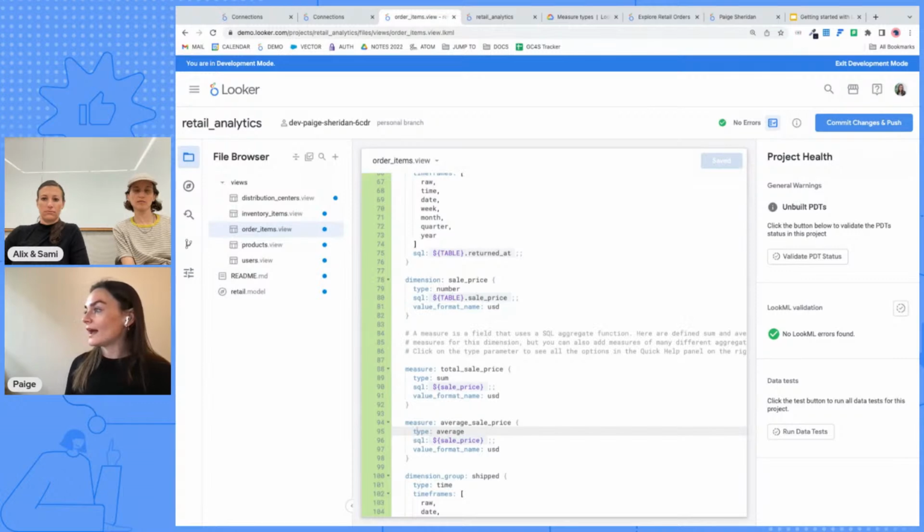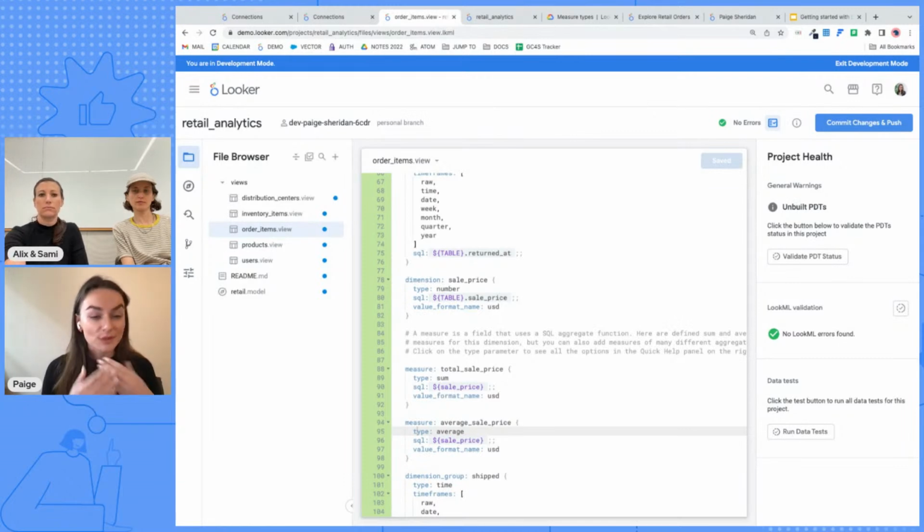So now that we have a series of views, right? So we have all of these views that we auto-generated from our database. We've added a single measure. We also want to expose these metrics to end users so they can start analyzing and visualizing data, right? So that's sort of the next step, right? We have all this LookML. How do we allow end users to start using it to answer questions about what's going on in the data,